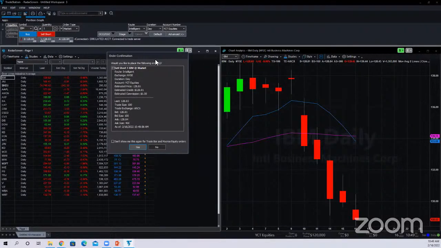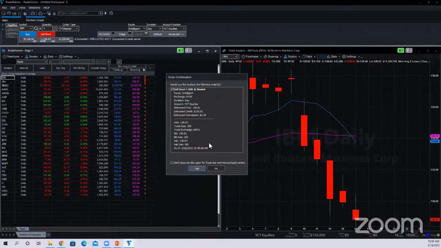This is then going to open up an order confirmation window. This order confirmation window is the very last step where you can make any changes to your order before you submit it. A lot of us traders, especially once you get into the habit of trading, like to turn this off. And what ends up happening is you might be really good at what you're doing. You might get into a rhythm or a flow, but sometimes we place an accidental order that we don't want, right? So it's very important that you keep your order confirmations turned on just to avoid simple mistakes